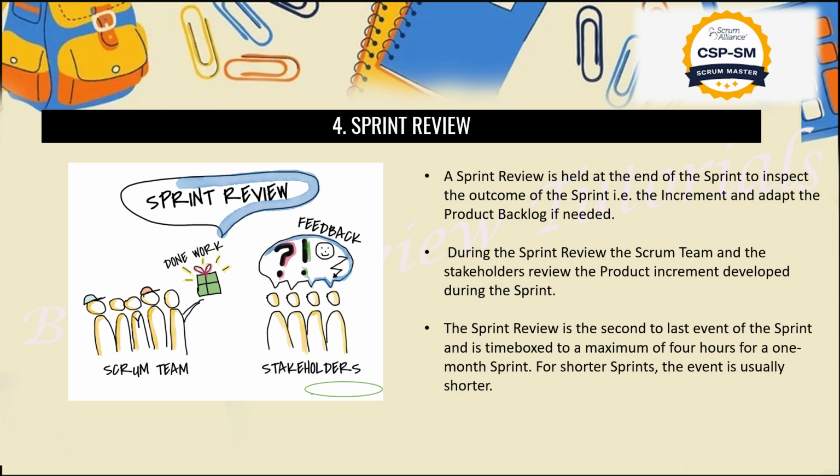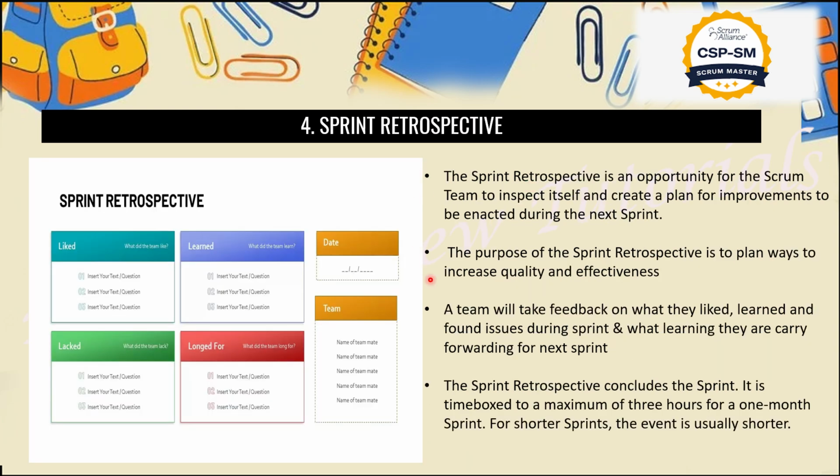Now last we have the sprint retrospective. What is this retrospective, guys? Theory is really boring, so I'll give you a basic example. We work on the home page, right? It took approximately 2 weeks. Let's consider we decided to complete that in 2 weeks, and we completed it in 2 weeks.